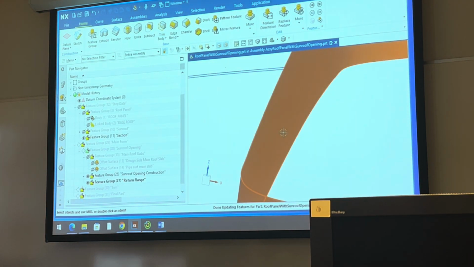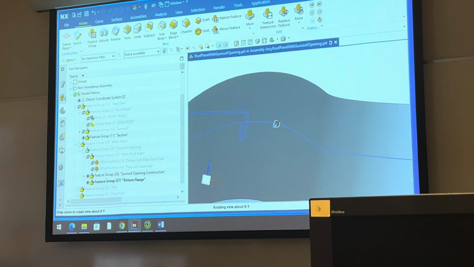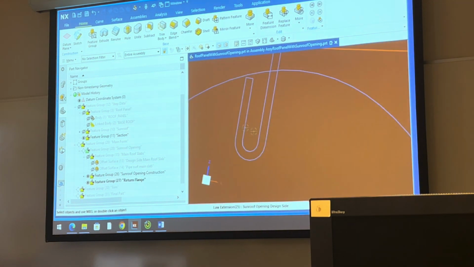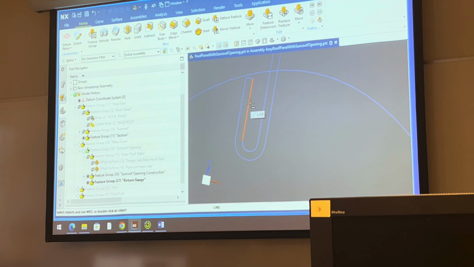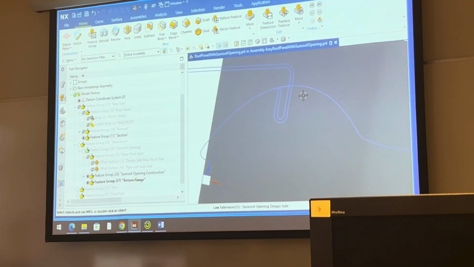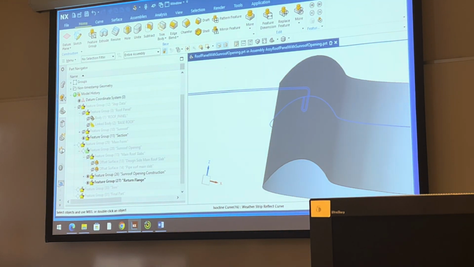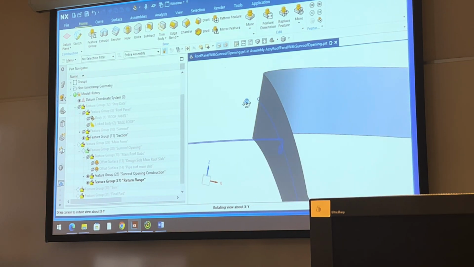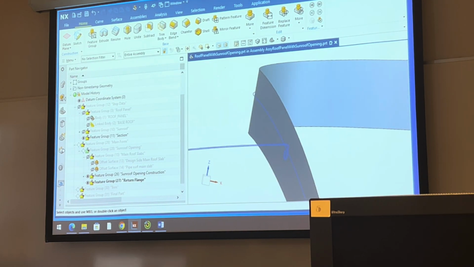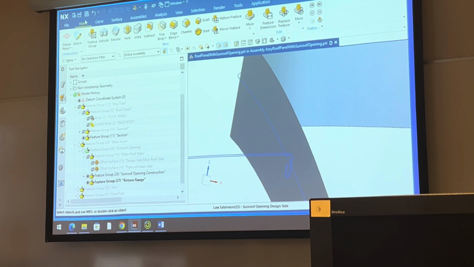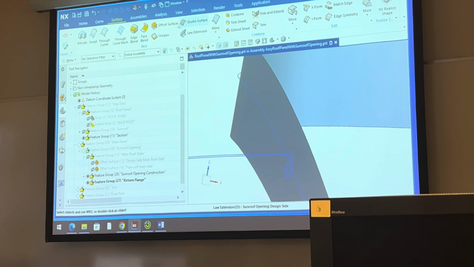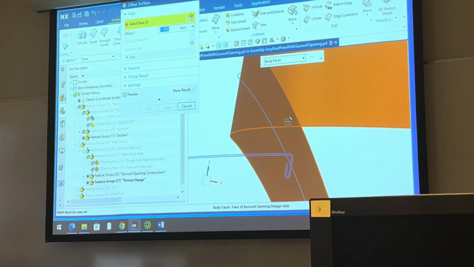So now we're going to make that return flange. That's this little piece right there. It's coming back up. We made this wall, which is that one. We're going to make this one now, right there. So we're going to do an offset. The offset on this one is a little bit of measuring, so I tried to tell you in the instructions how to make this easier. I'm going to do an offset surface. I'm going to offset this